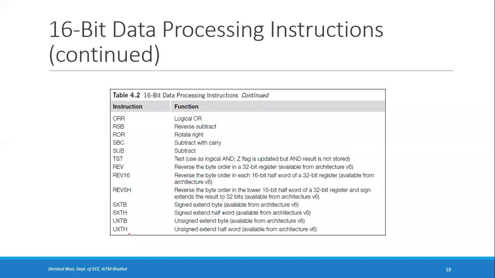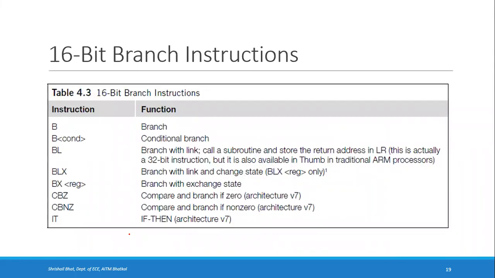Okay, so then there are some branch instructions. Branch instructions B, we have seen this in the last class. B is for branch, right? Then B followed by some condition, then you can call it a conditional branch, like BEQ, branch if equal, BNE, branch if not equal. So adding some suffixes as a condition, we can have conditional branch instructions. BL stands for branch with link. Okay, so you're calling a subroutine and storing the return address in the link register. So that is branch with link.